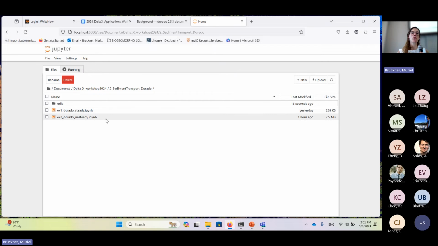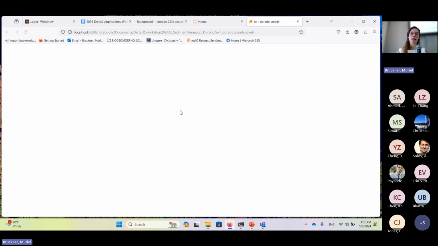So there should be two scripts, example 1 and 2. The first one is steady flow. That's just an example to get you acquainted with Dorado. And the second example is the unsteady simulation that you just did. And then you can implement Dorado into your own simulation. So if I open this one,